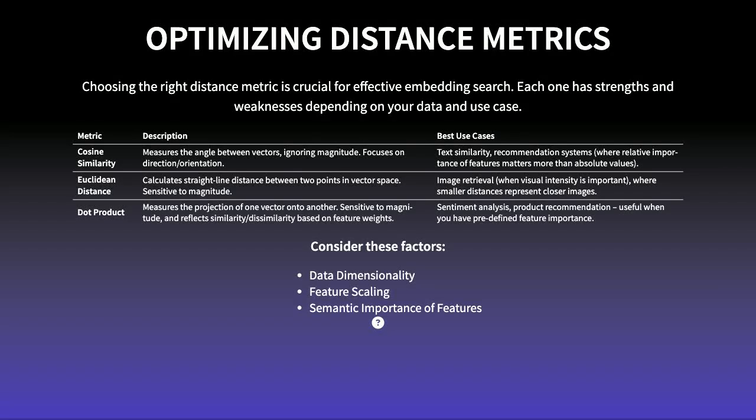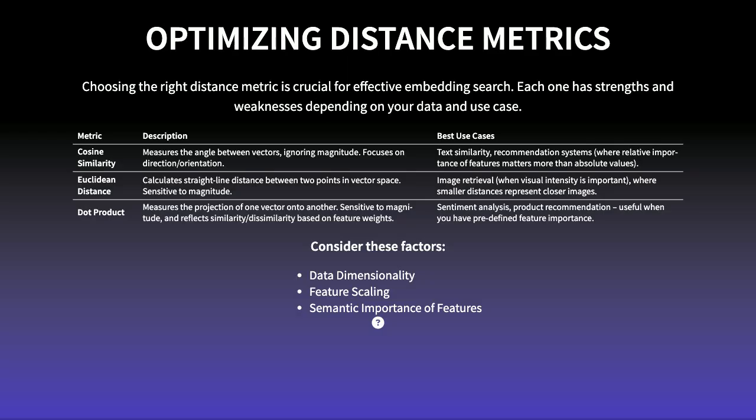Let's talk about how the distance metric you choose can really impact your embedding search results. It's not a one-size-fits-all situation. Cosine similarity is great for comparing text, focusing on how similar things are, rather than just how much. Euclidean distance, on the other hand, looks at the straight line difference between vectors, so it's really good for images